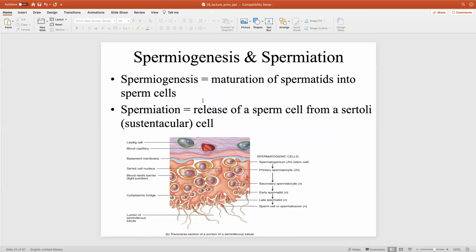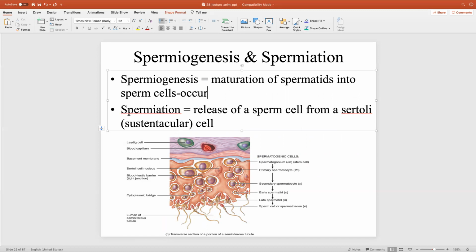All right, spermiogenesis, spermiation. Spermiogenesis is the maturation of spermatids into sperm cells. So what we're going to see is we have the spermatids being formed right here. It's then going to turn into sperm cells or spermatozoa, right? So this spermiogenesis occurs in the seminiferous tubules before the sperm cells get released